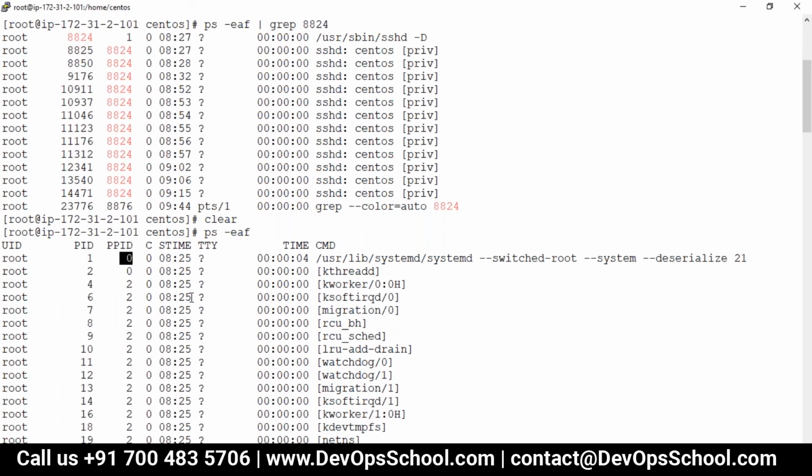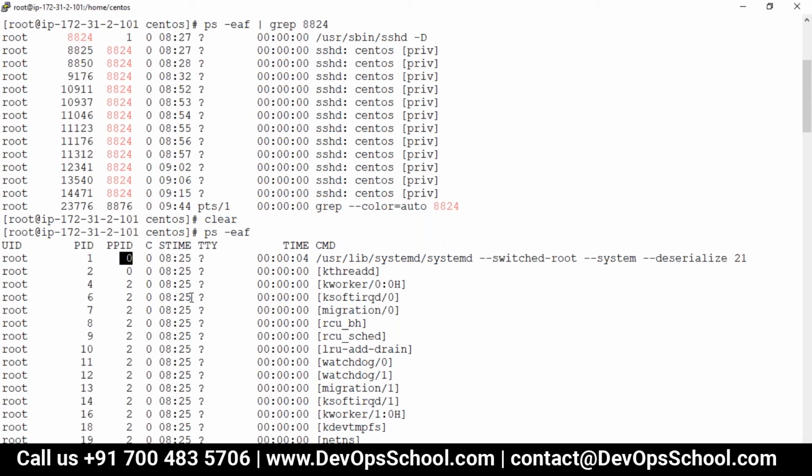So everything has come from 0. You are a user, you are also a process, and every process has a parent process except the process called 0, and from 0 everything gets derived. So this is how you trace yourself.